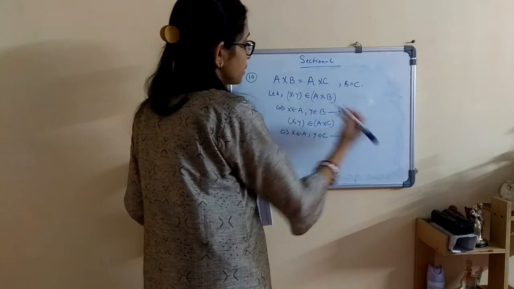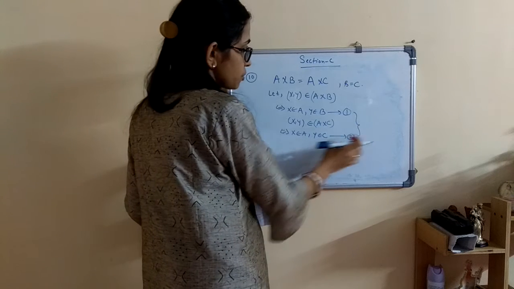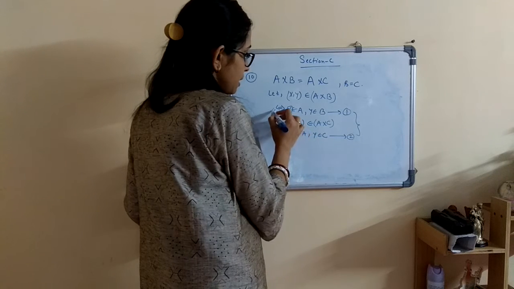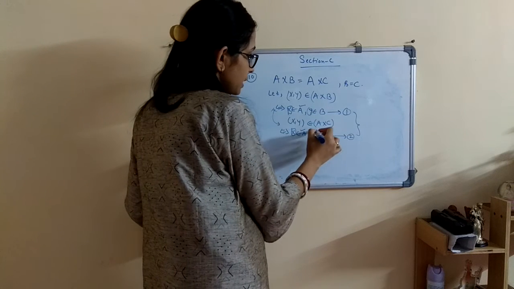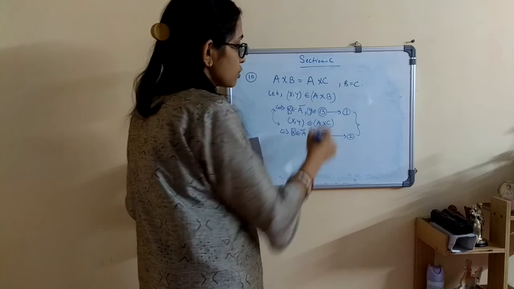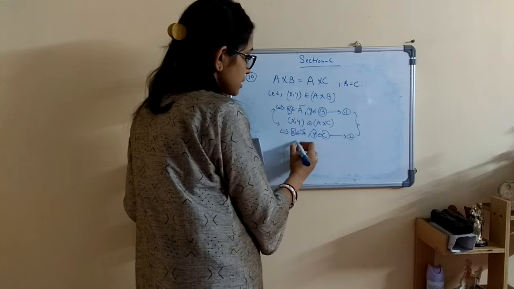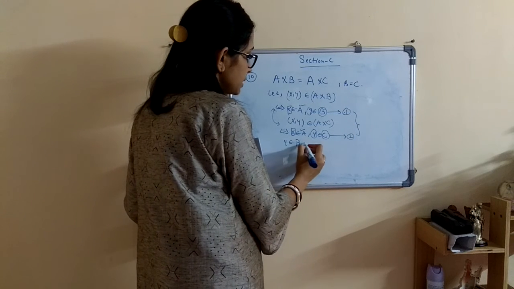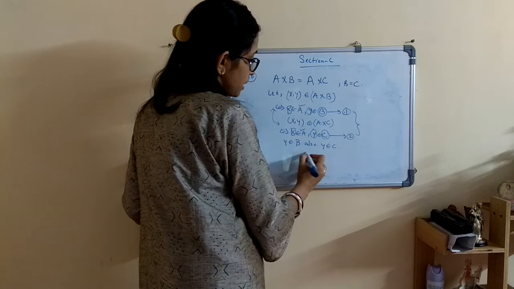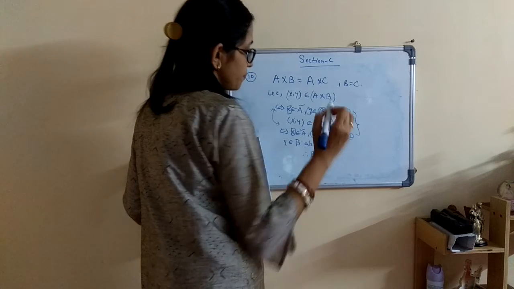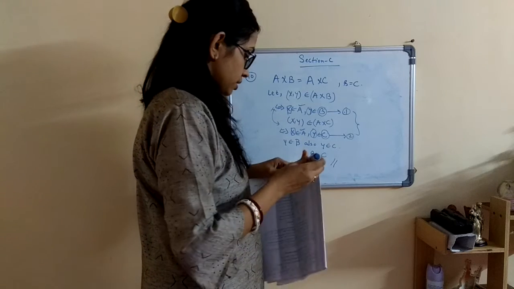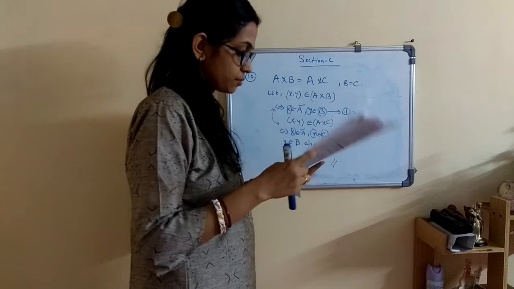So from these two equations 1 and 2, we can see that X is an element which is present in A for both the cases, isn't it? Present in set A. But Y is such an element which is present in set B and also in set C. So from 1 and 2 we can say that Y belongs to B, also Y belongs to C. So therefore B equals C. We can conclude this with the help of considering elements in this way.